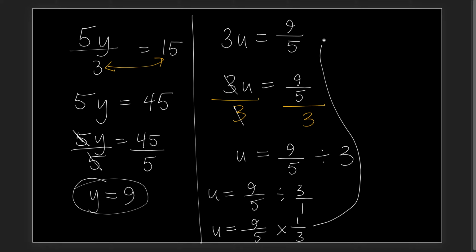And I'm going to bring this right up here. u equals, and so we can multiply fractions straight across unless we can cross cancel. We can do that now. So 3 goes into 3 one time, 3 goes into 9 3 times. So you have 3 over 5. u equals 3/5. Okay, so replay that if you need an explanation. I'm going to go over a couple more variations of these, and then you might want to go on to the next video to see some more complicated